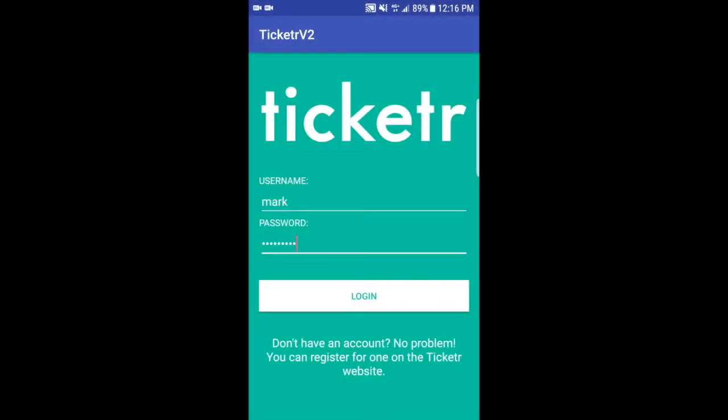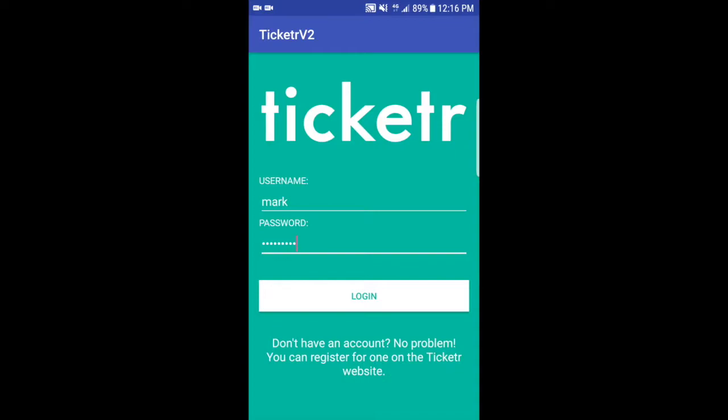So welcome to this demo of the Ticketer Android app. I previously just showed you the web application, and I showed you what scanning barcodes and QR codes looks like on that end. But I'm also going to show you how it looks from the Android side. If you were the event owner, you'd probably download this app and use it to check people in and make sure that the tickets people provide you at the door are correct and that they match what you have online. So it's pretty simple.